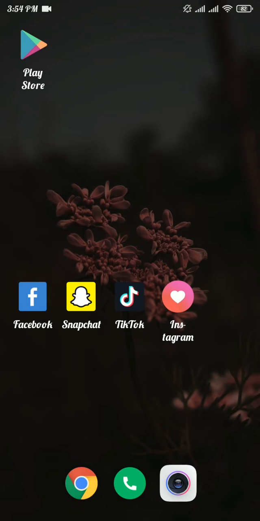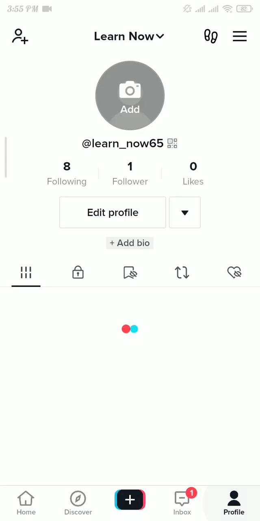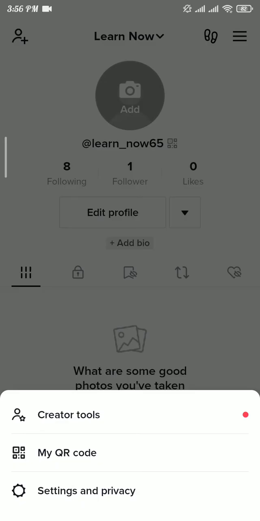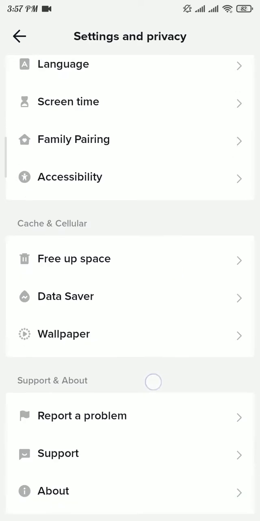Now open the TikTok app. Now from there, tap on profile on the bottom right of the screen. Now from your profile section, tap on three lines on the top right corner of your screen. Now tap settings and privacy from the menu. Then tap on account option from the account section. Now scroll to the bottom of the page